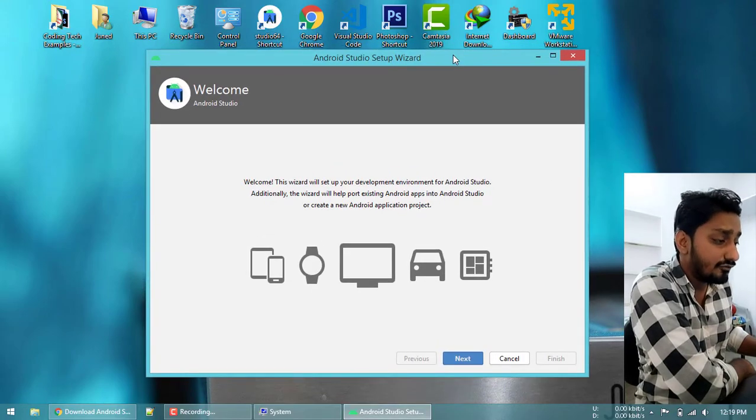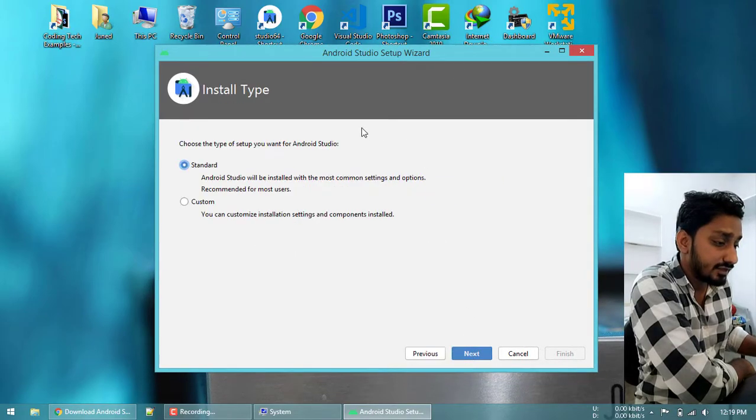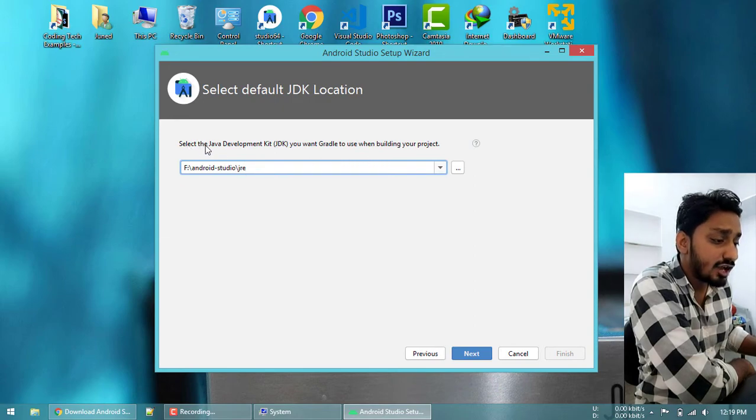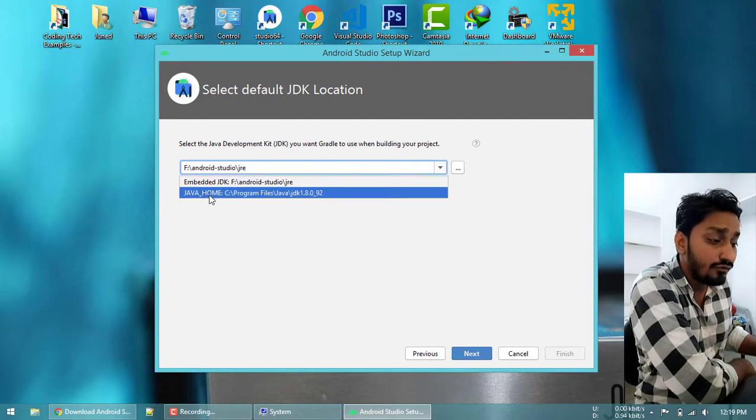Now, guys, after starting Android Studio, simply click on Next. Now choose the type of setup you want for Android Studio. Click on Custom. Click on Next. Now select the Java Development Kit JDK path. Click on the simple down arrow button and select the JAVA_HOME variable which we set earlier.